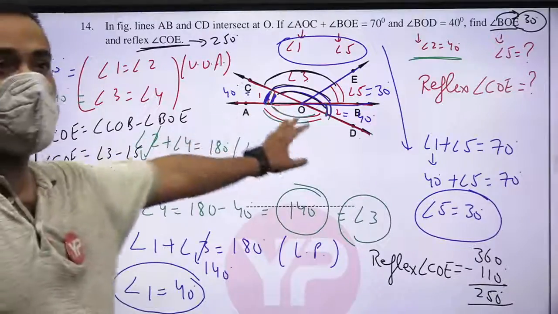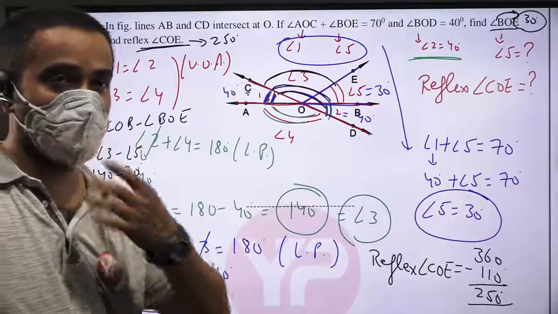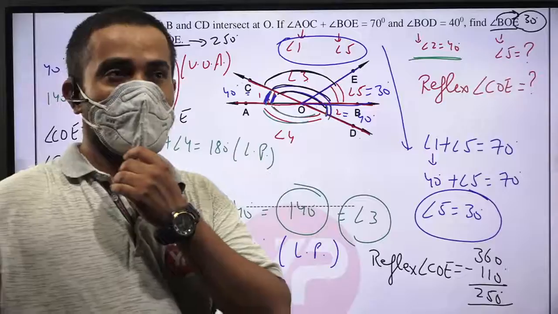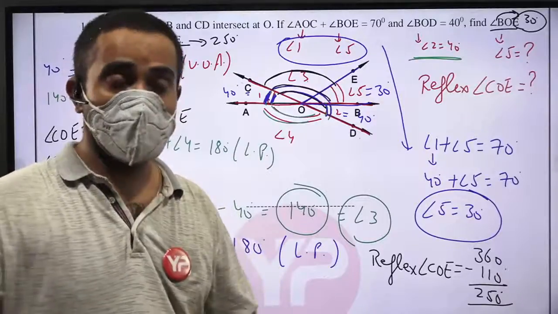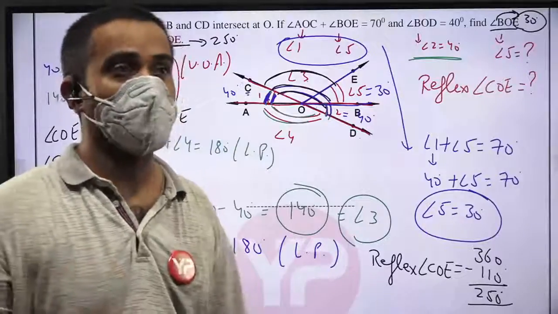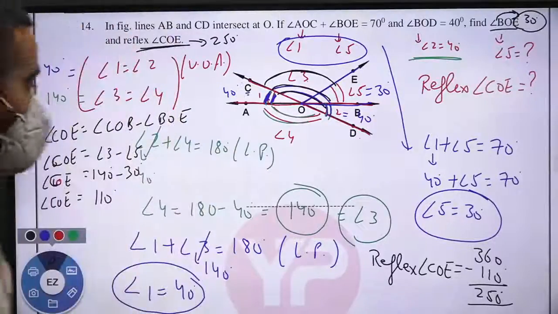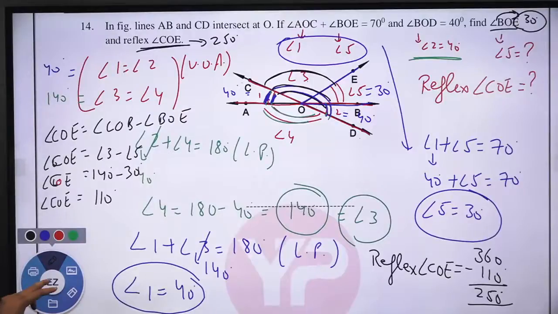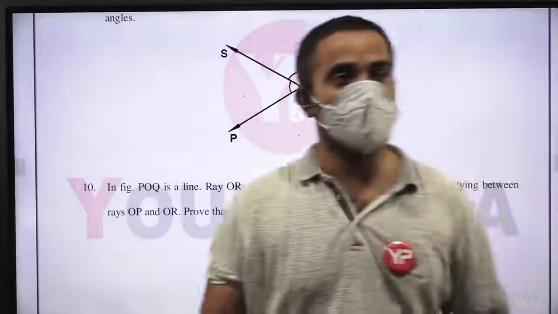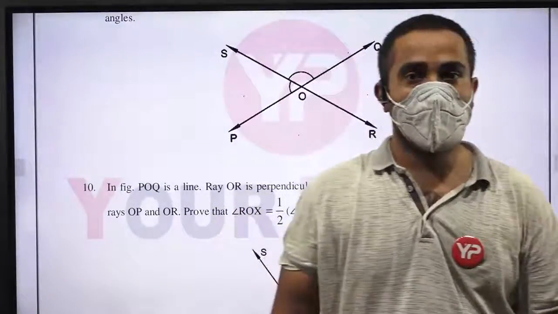So on the basis of linear pairs, we have solved the questions. All types of angles we have discussed in the first two classes. In the next class also, I will discuss some more types of angles. These were the 14 questions I have discussed with you, and next time I will meet you again with some more questions from previous year exams, and I will discuss some more angles with you.